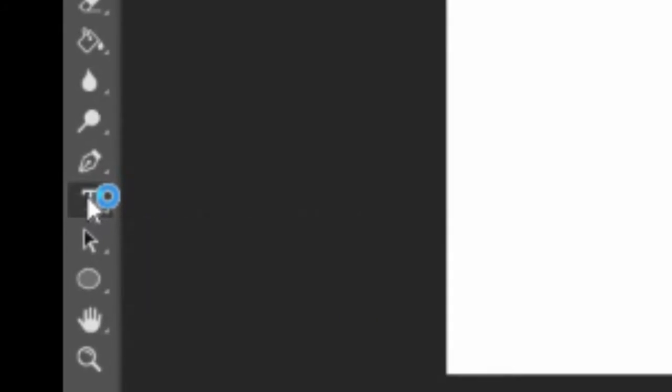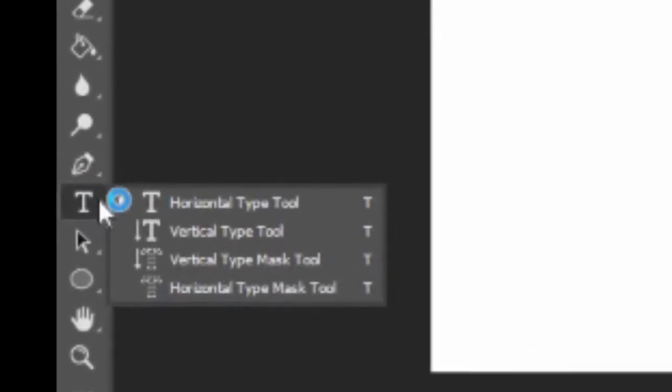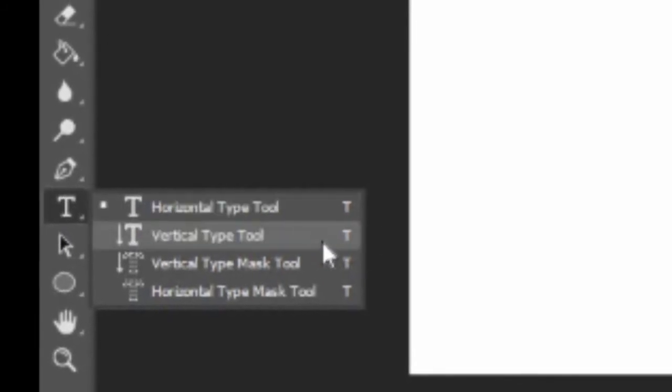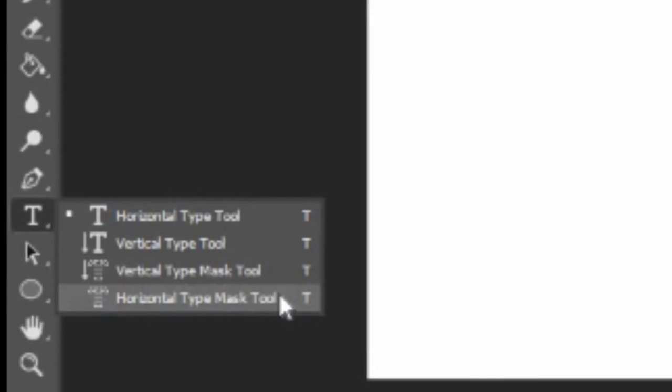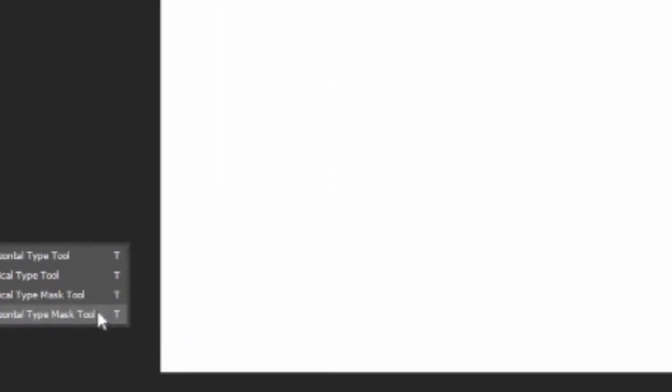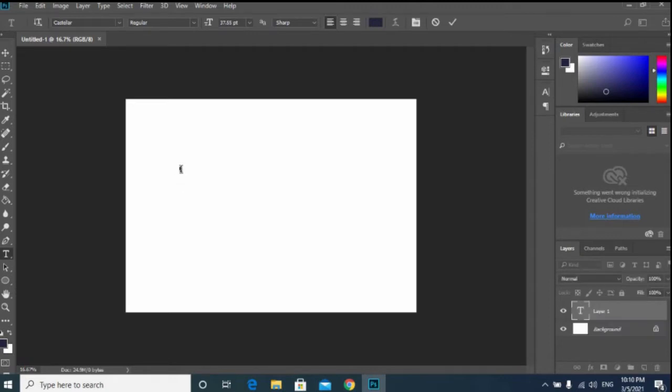If you right click and hold the text tool, you will see different types of text tools like horizontal type tool, vertical type tool, vertical type mask tool, horizontal type mask tool. We will use the horizontal type tool most commonly. Now just click on it and click on the canvas and see